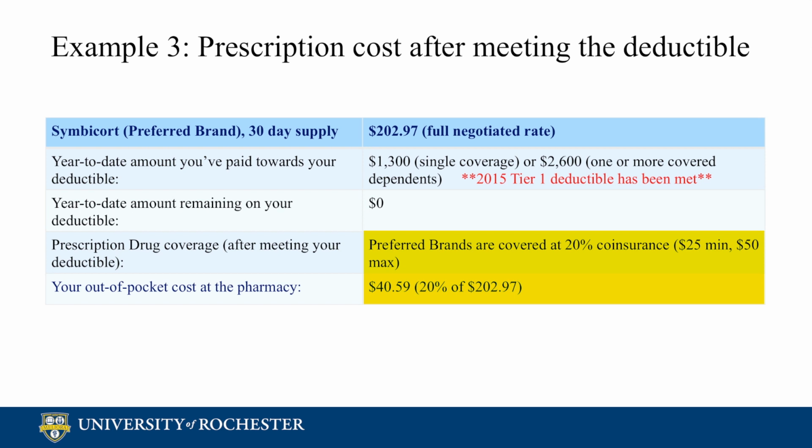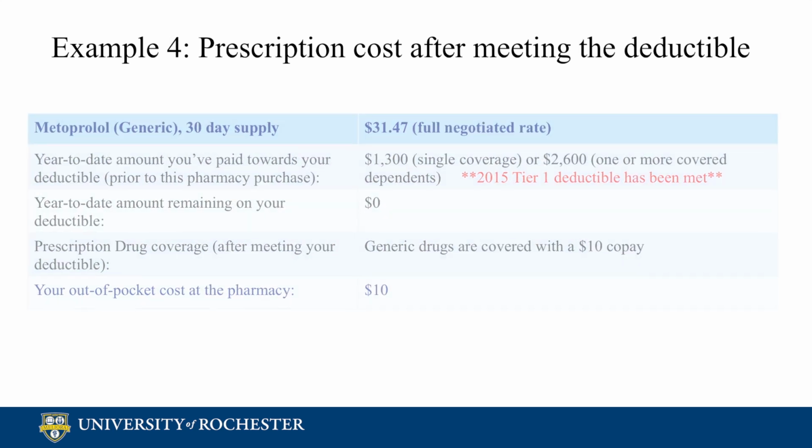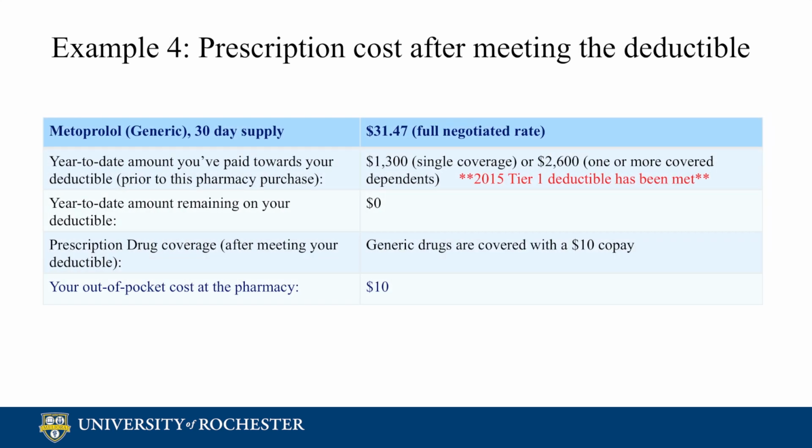Your out-of-pocket prescription drug copays or coinsurance will continue to be applied to your annual out-of-pocket maximum after you've met your deductible. Example 4 is a prescription cost example after meeting the deductible. Metoprolol is a generic drug. The negotiated rate for a 30-day supply is about